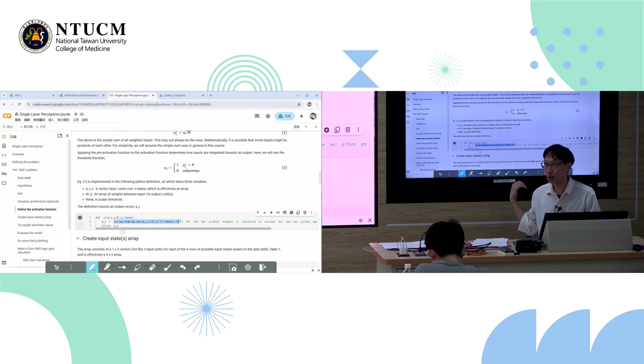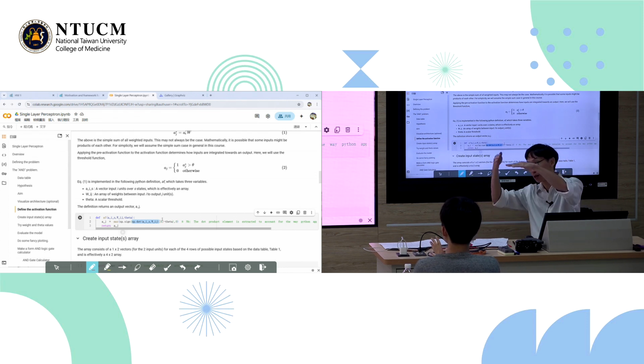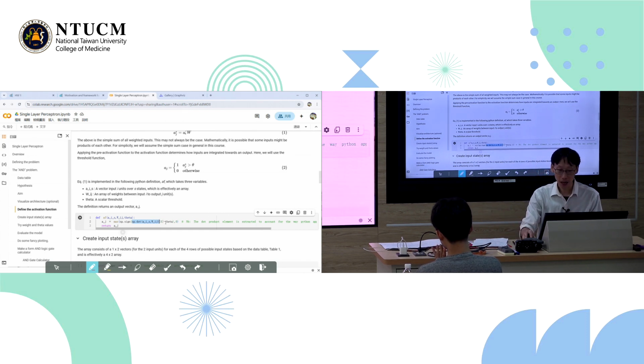And this is not a special neural network toolbox thing. This is just mathematics. Okay? This line is just mathematics. It's not from PyTorch. It's not from TensorFlow. It's just from matrix calculation, right? It's the dot product of an input vector, whatever it is. We call it AI first. Dot product of this input with the weights, okay? NP dot is just a mathematical operation. You can calculate it by hand yourself. You know how to do it, right? NP dot is the vector multiplied by the vector, and you get a scalar value, right? And then this scalar value minus another scalar value, which is the threshold.